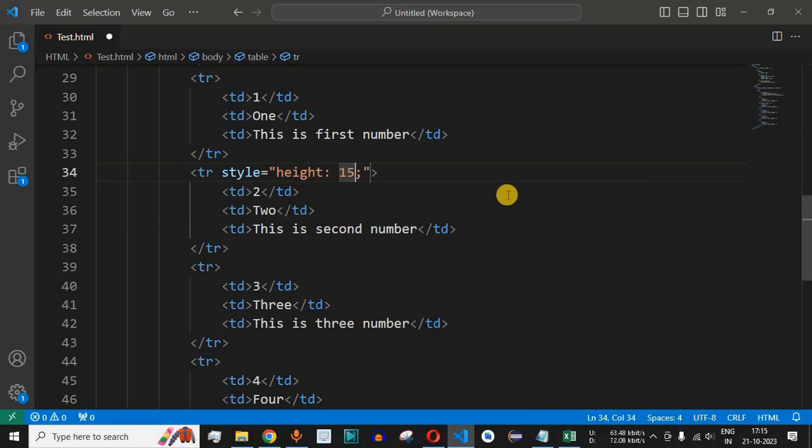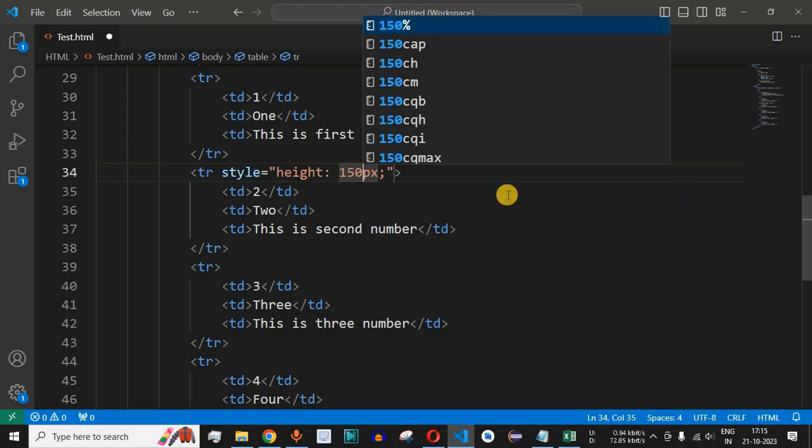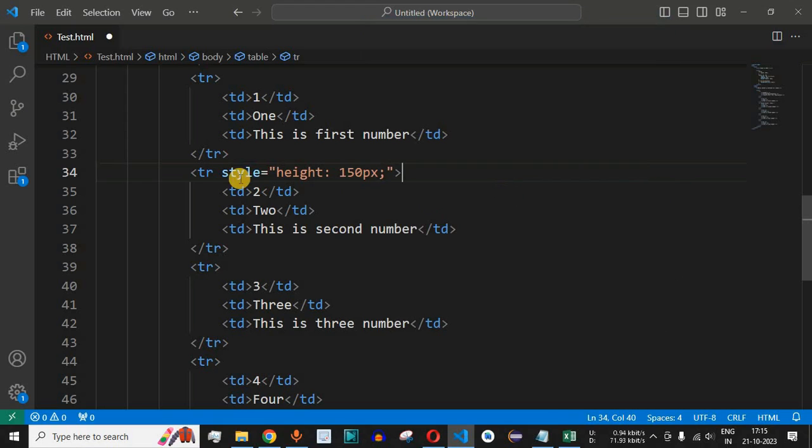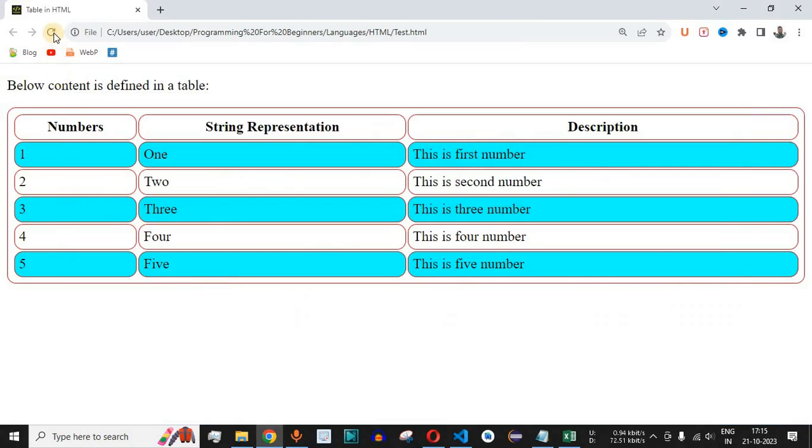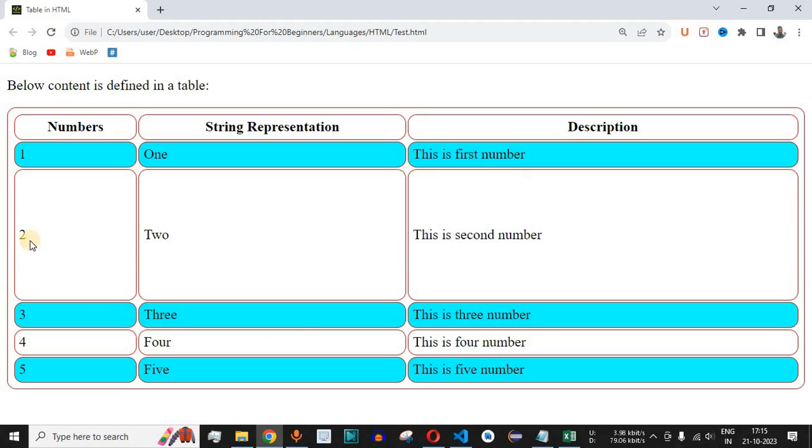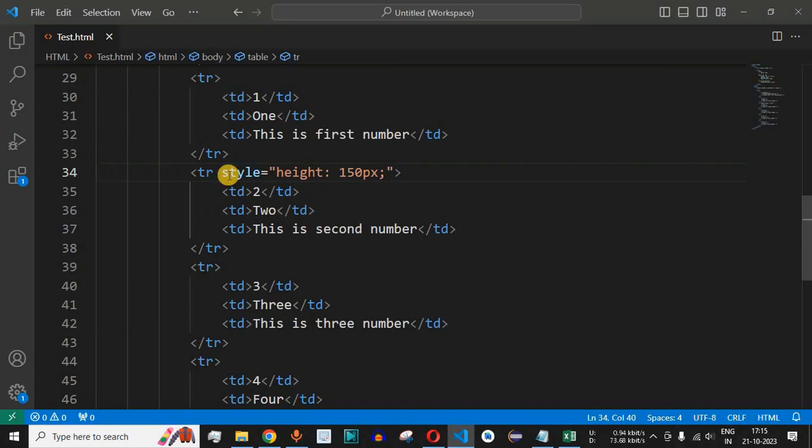And then guys, let's say we have 150 pixels as the value for this particular height property inside the style attribute. So let me just save this file now and try reloading this page once again. So as you can see, for this row that is having the number 2, the height has been increased to 150 pixels over here, and that is how we can set the height of a particular row inside the table.